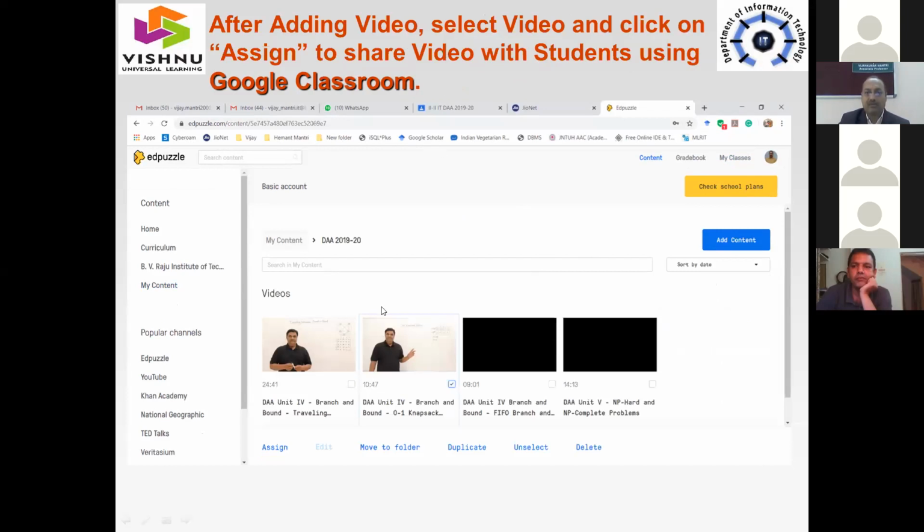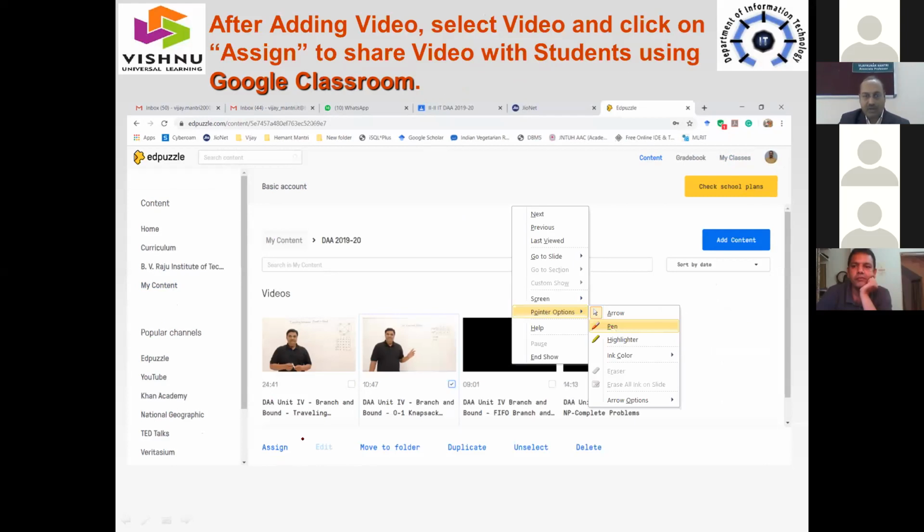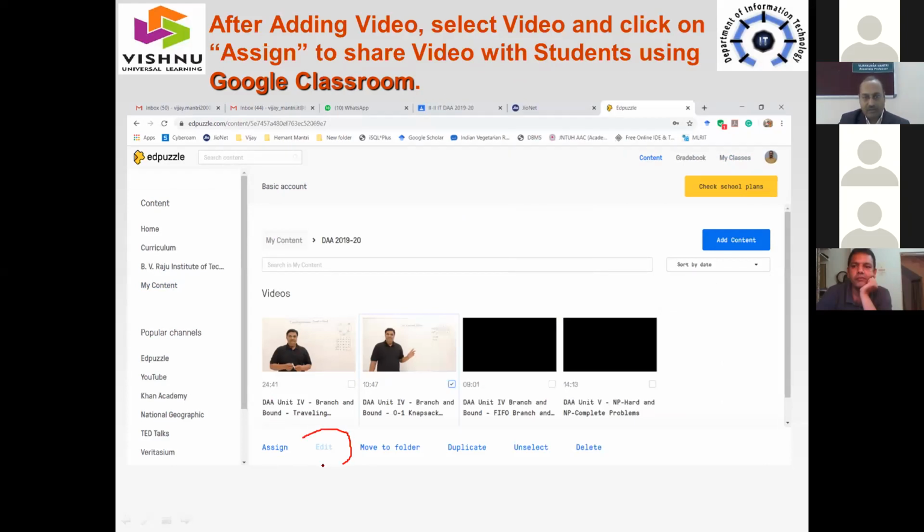Adding videos, I showed you how to add the video. It will take loading plus processing. After that, you select the video and you will get all the options here. Edit, assign. Now, if you see this particular slide, you find that the edit option is not available here.